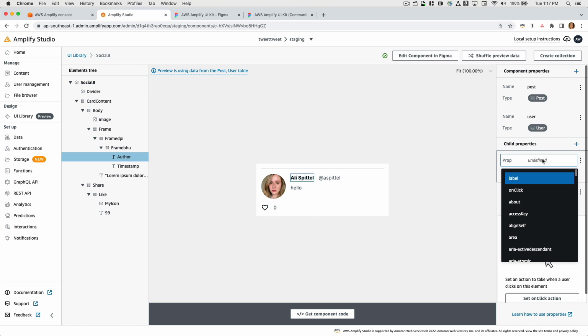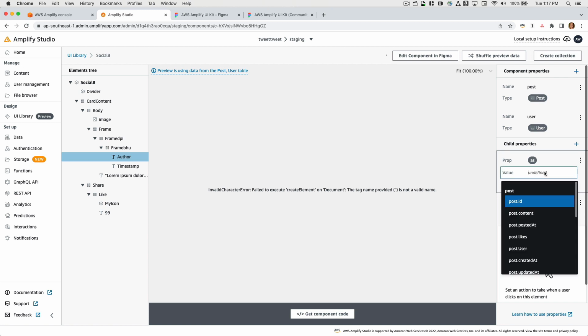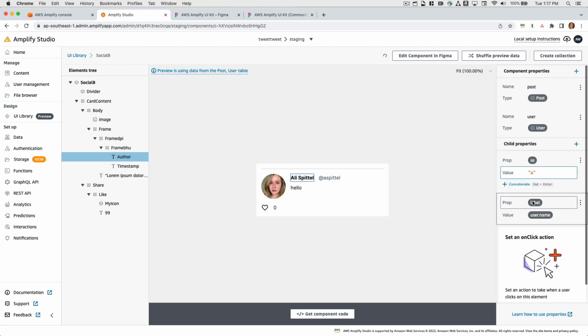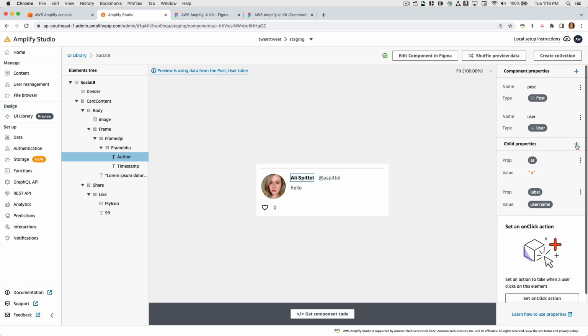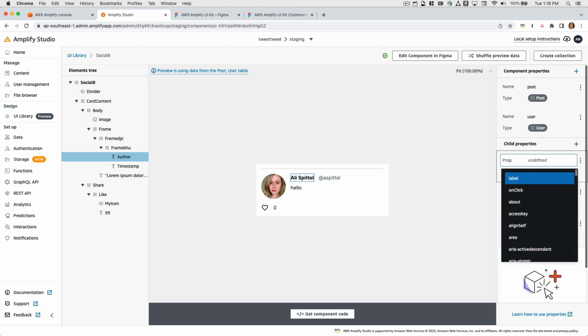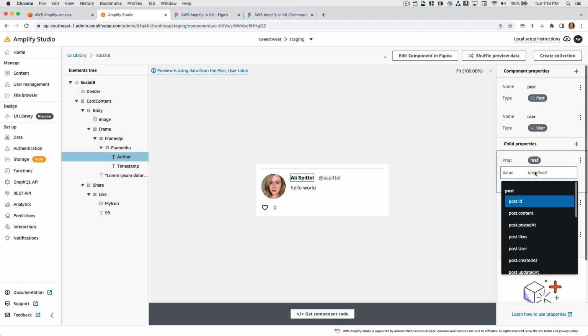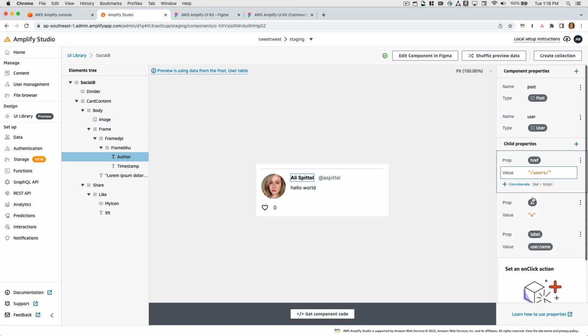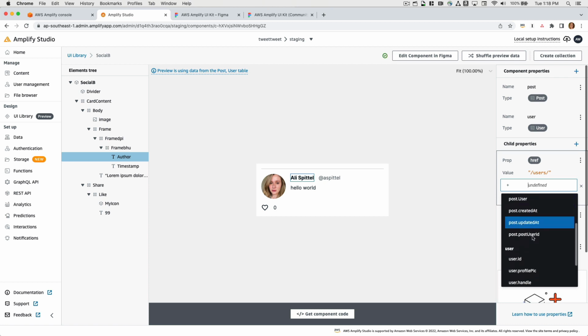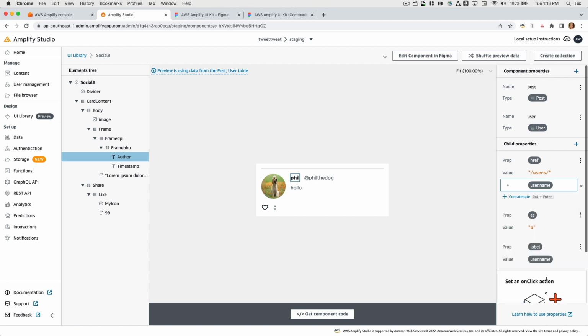So what I'm going to do is I'm going to set the prop. I'm going to create an as prop. And then I'm going to say A. Then I'm going to set the href to users and then the user.name. And so I'm not actually going to implement routing for this, but what this would do in a full scale application is allow this to link to the user page. So I'd use something like React Router or Next.js for routing, and then I'd be able to link to these